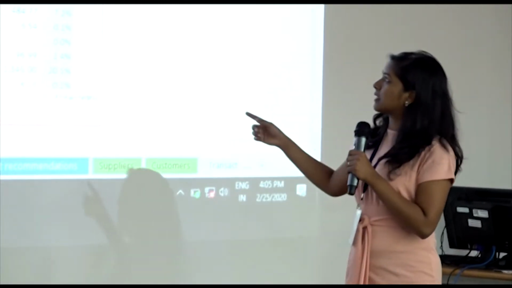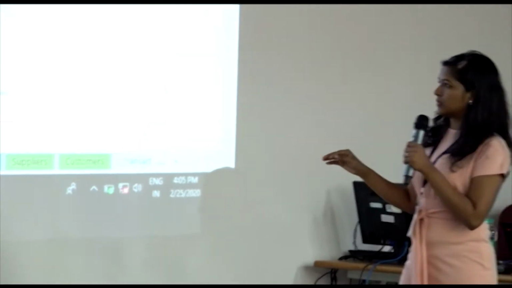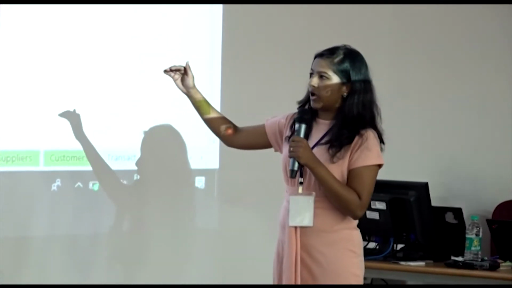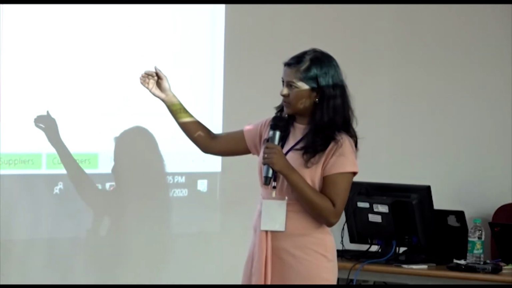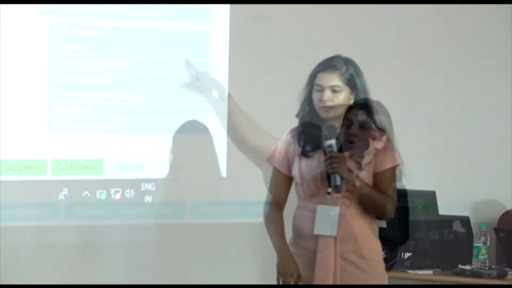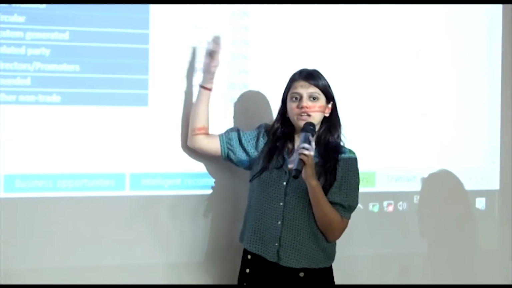And then the third section is the details of trade and non-trade transactions. You'll have the total credits and then the split of that across trade and non-trade. And in the non-trade we have many categories, which is self-transfer, circular, etc. So you will see the split across those as well. You will see buttons, and you can click on each of these to go into the deep dive of this.